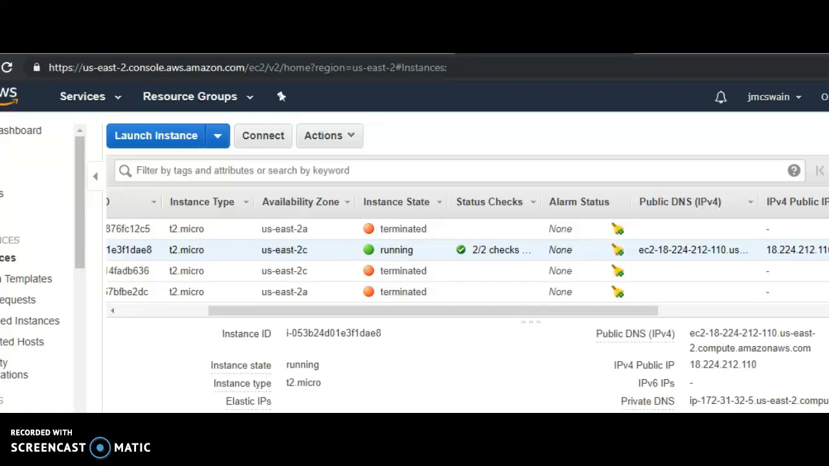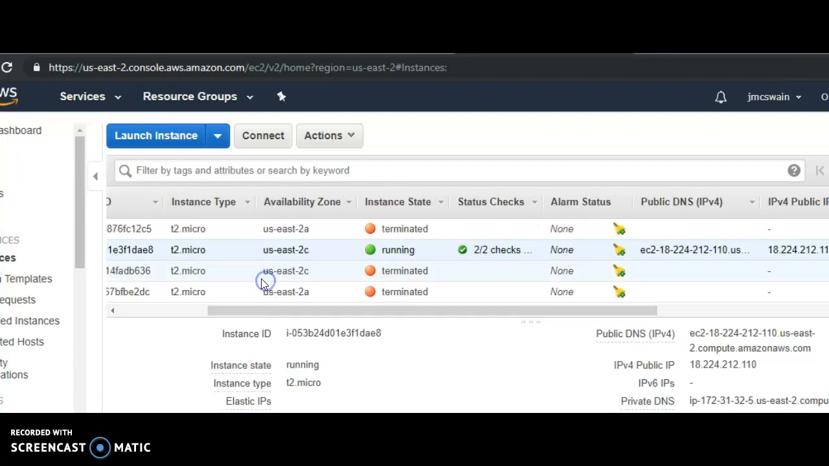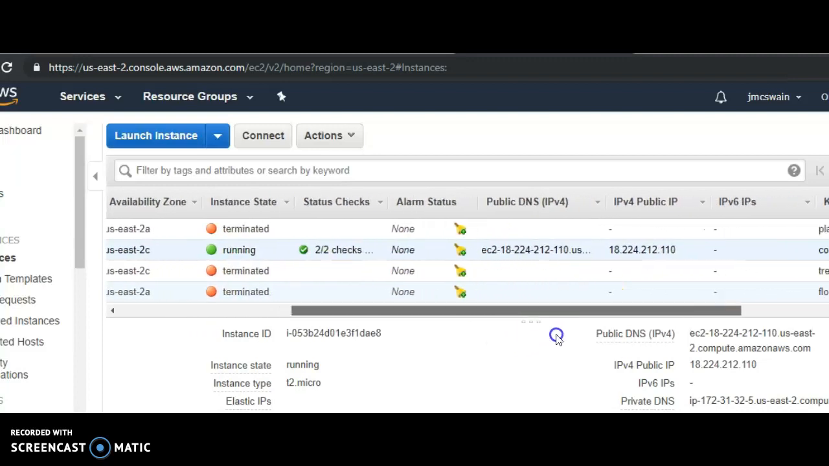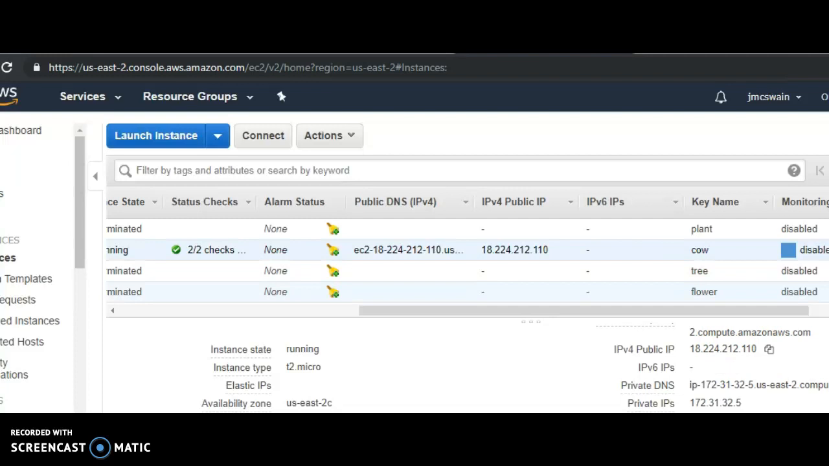Okay, so here we are in the AWS console. I went ahead and created an instance, launched the instance using the key name Cal. These are just a few instances I created just playing around. So I went ahead and grabbed the IP address here, copied that,